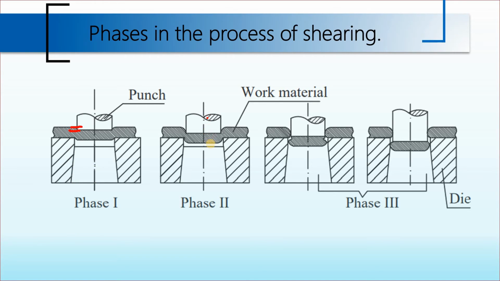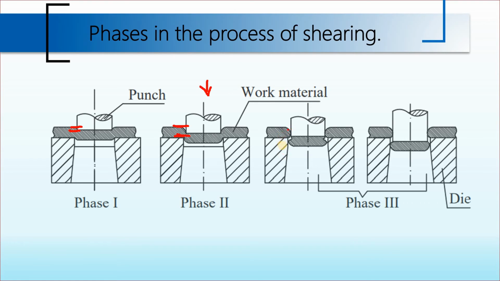And the next one, phase 2, or we say the plastic phase also, because in this the actual deformation takes place. Which means if we revert the force or take the punch back, then this portion that has been deformed will not restore to its original position. The plastic deformation has taken place here. So that's why we also call this plastic deformation. In phase 1 the forces were up to the elastic limit, and in this we have applied forces up to plastic limits.